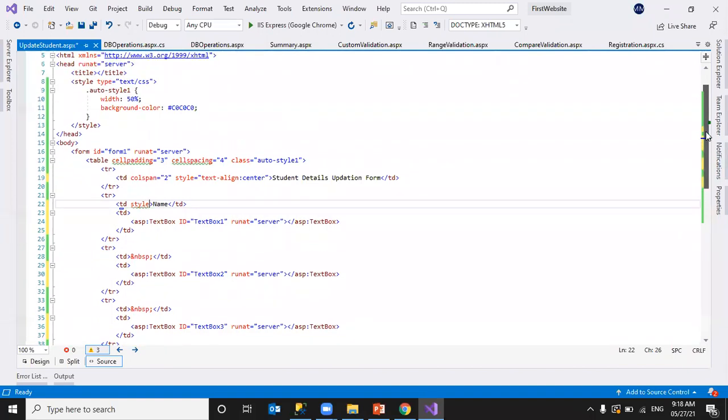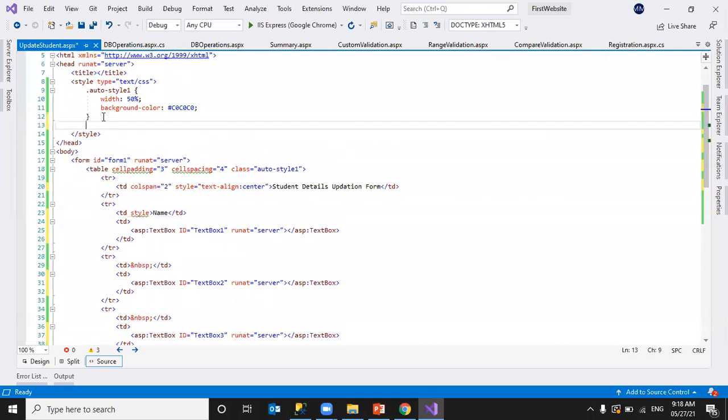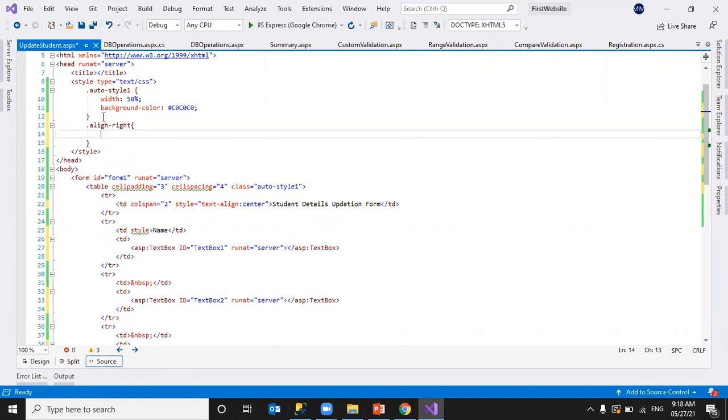Let me write a class here, called Align Right. This is my class: text-align right. So I'll use this class now with name.